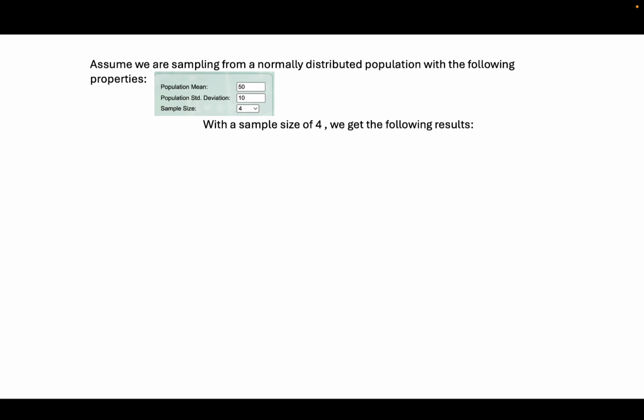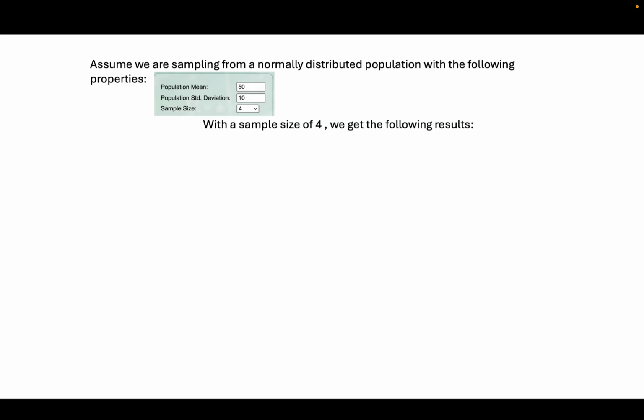Okay, I said before that we would take a look at the importance of having a large sample. So let's assume we're sampling from a normally distributed population with the following properties. The mean is 50. So let's say we know the actual mean and the standard deviation, and we're testing the accuracy of our sampling. So let's say the actual mean is 50 and the standard deviation is 10,